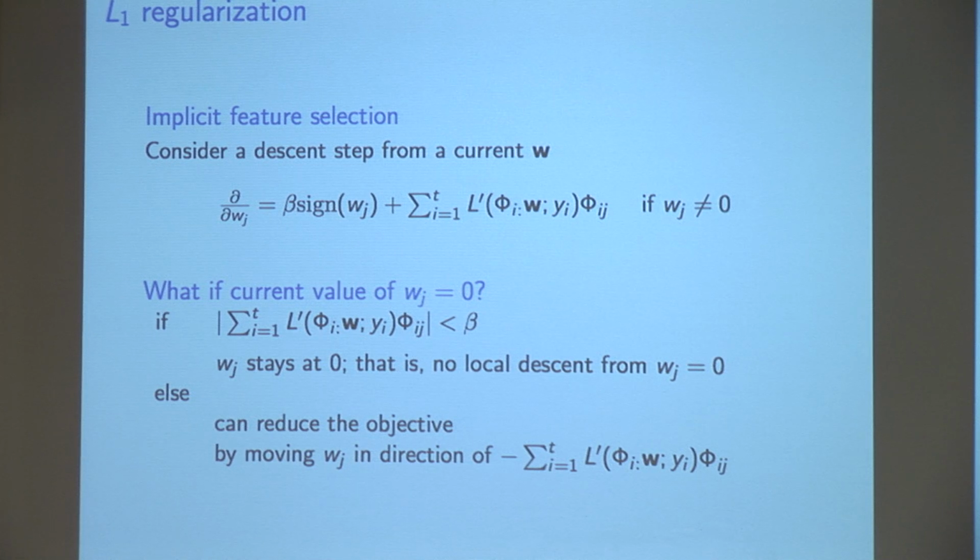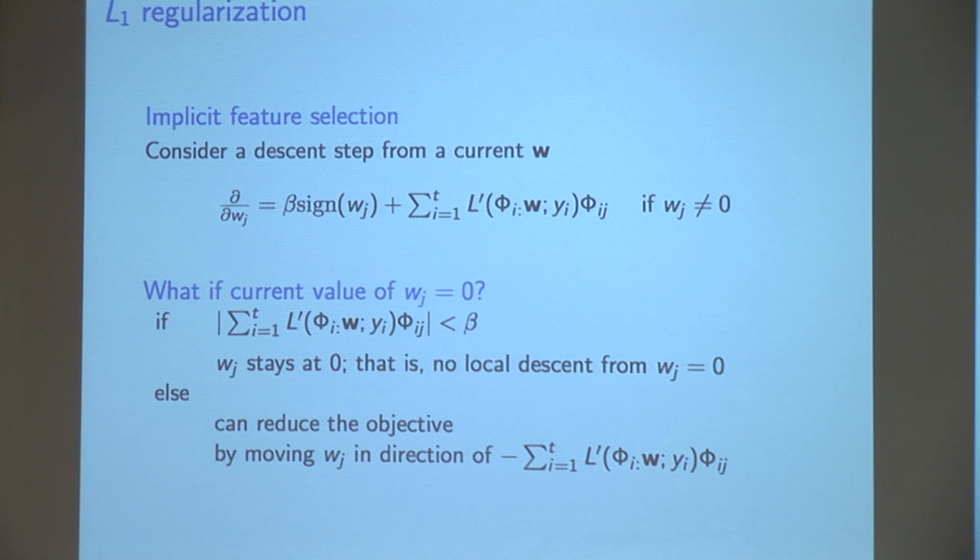Now, the gradient, of course, is just this vector of partials. So just look at one of the partials. What happens if, at a current position in the weight vector space, one of the weights happens to be 0? Look at the partial derivative, the gradient entry on that weight. Is it going to want to move? Well, it's at 0, which means there is no gradient here. But we know that it's caught at this corner. Anywhere that it moves, if it tries to go bigger, immediately it's got a -1. If it tries to go smaller, immediately it has a +1. So there's this constant ±1 pressure trying to keep it at 0, multiplied by beta.